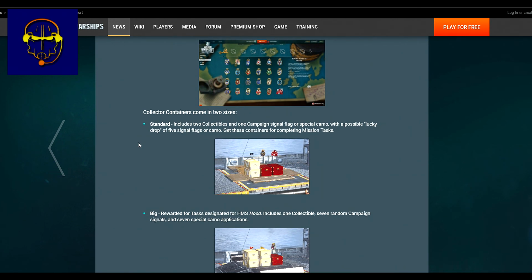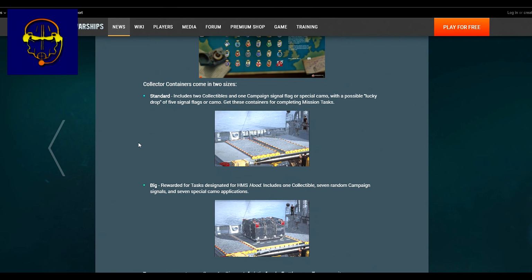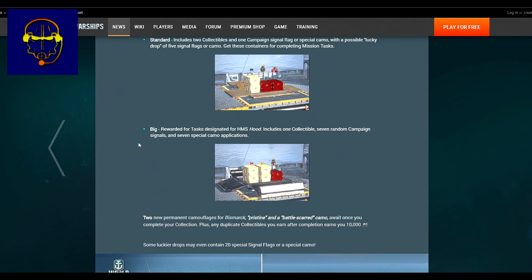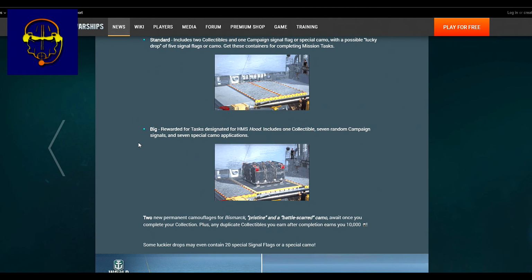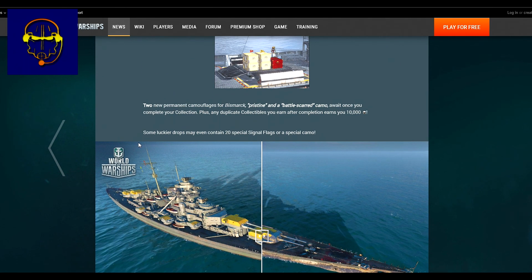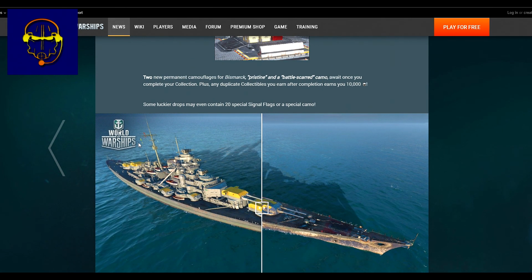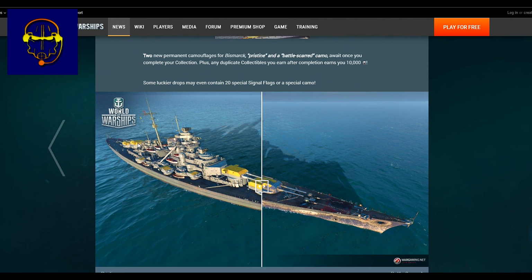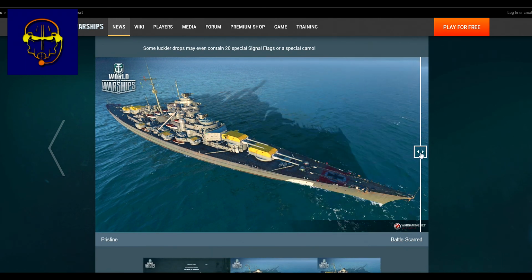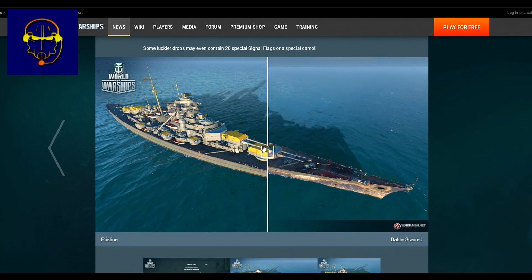They say standard includes consumables, 1 campaign signal flag, special camo. The big reward designated for the HMS Hood includes collectibles, random campaign signals, and camo. Right here is going to be the Bismarck and the different permanent camouflages you can get. One's going to be pristine, and then the other is going to be battle scarred. It's going to be pretty obvious to see that's pristine, battle scarred,